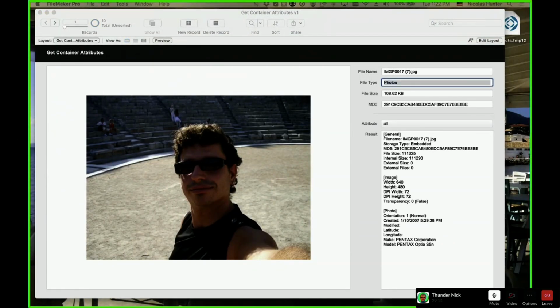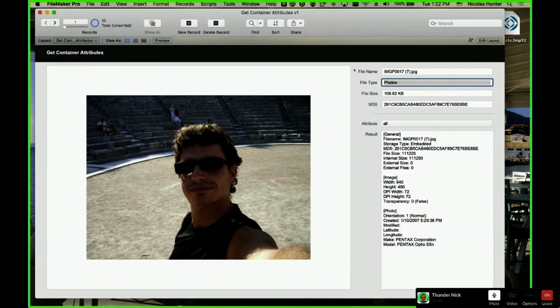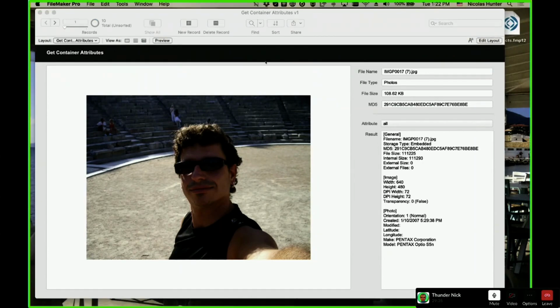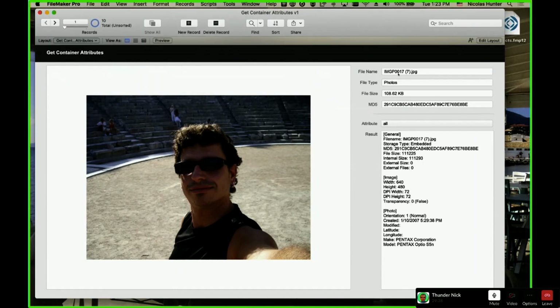Kyle Williams said, okay, length could be counting the character, and basing it on GetContainerAttributes is much more useful and accurate. Yeah, Kyle is right. Don't use the length technique that I just showed you to get the size of the file. Don't do that again. There are many problems with this technique, and using the container attribute to get the file size is much more accurate.